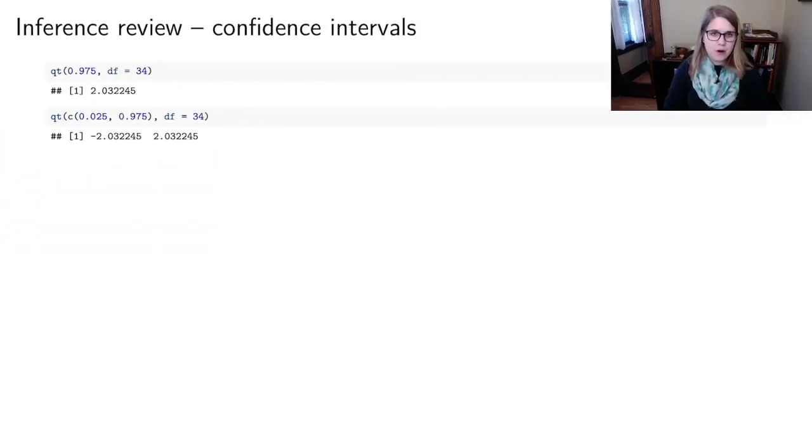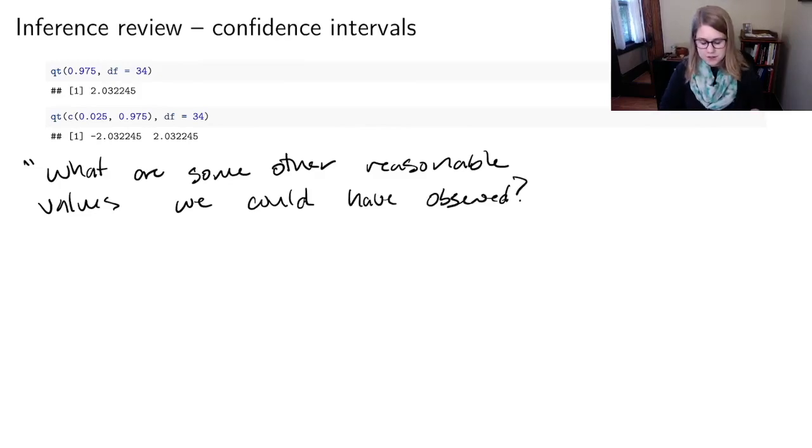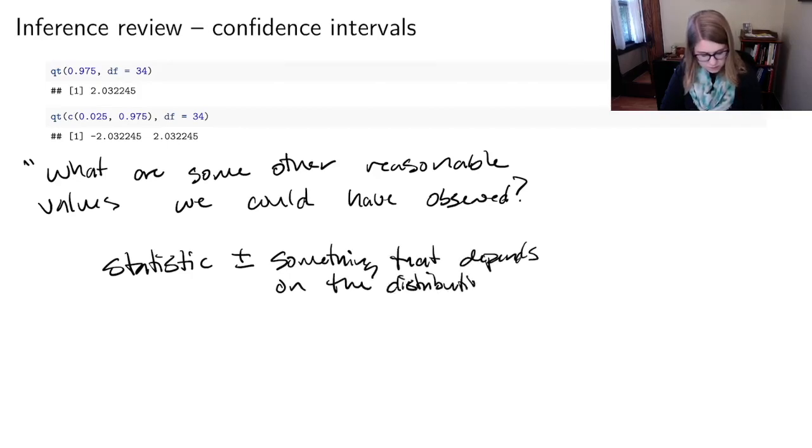But then we also have our other inferential task, which is confidence intervals. And the sentence that I usually say generically for confidence intervals is, what are some other reasonable values we could have observed? And the generic way that we come up with a confidence interval is we do our statistic plus or minus something that depends on the distribution and the alpha level